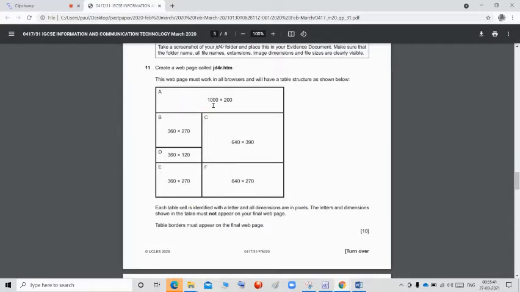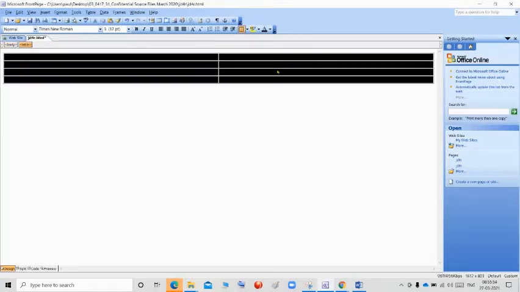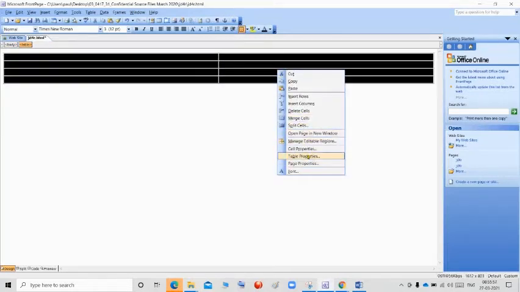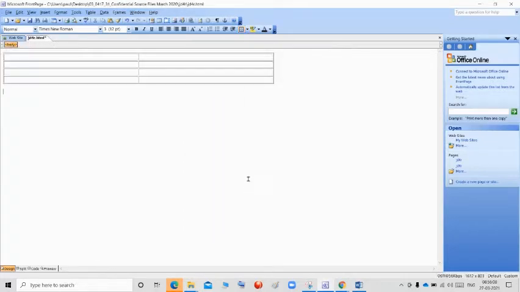In some of the past papers, they will give it in the last row or in the middle row. See, in the first row, they are merging the cell, so we are giving 1000. We mentioned the 1000, so we want to give the table properties as 1000. Select the table, right click, go to the table properties and give 1000. It should be in pixels. Apply and click OK. So we give the width of the table. No need to go for the height.